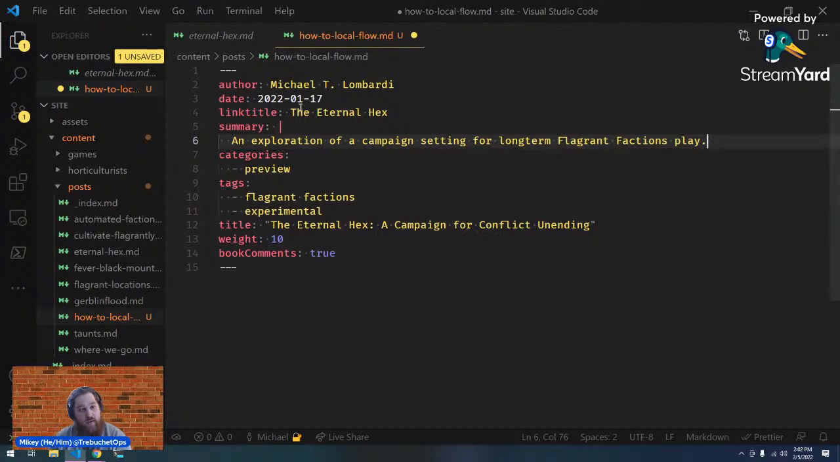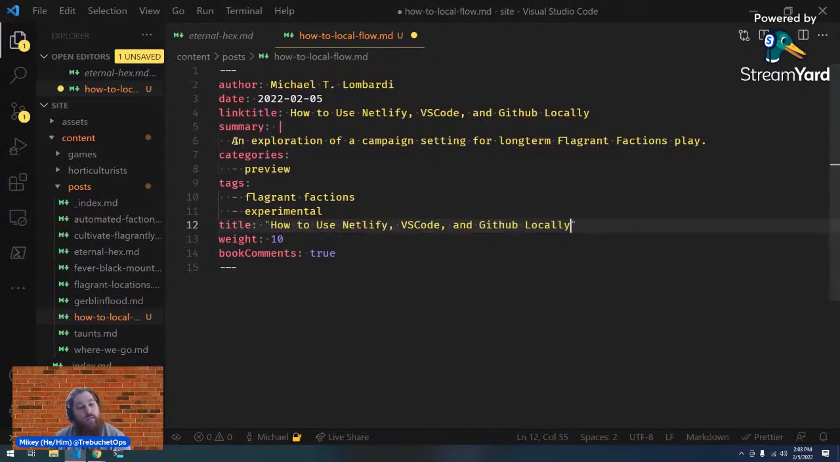Before we write our actual blog post, we're going to fill out all of this metadata information here. Today's date is 02/05. And this is how to use VSCode. Just use the exact same thing for the link title because I'm lazy. And for a summary,